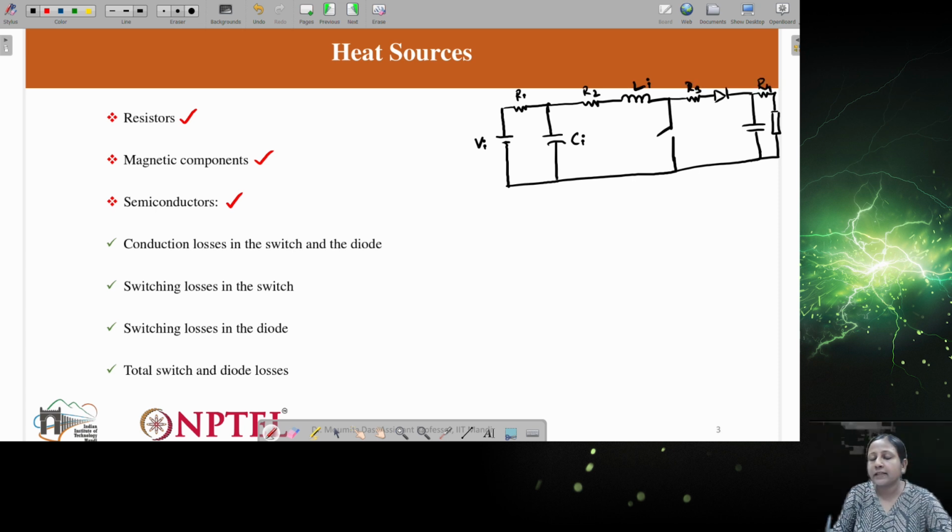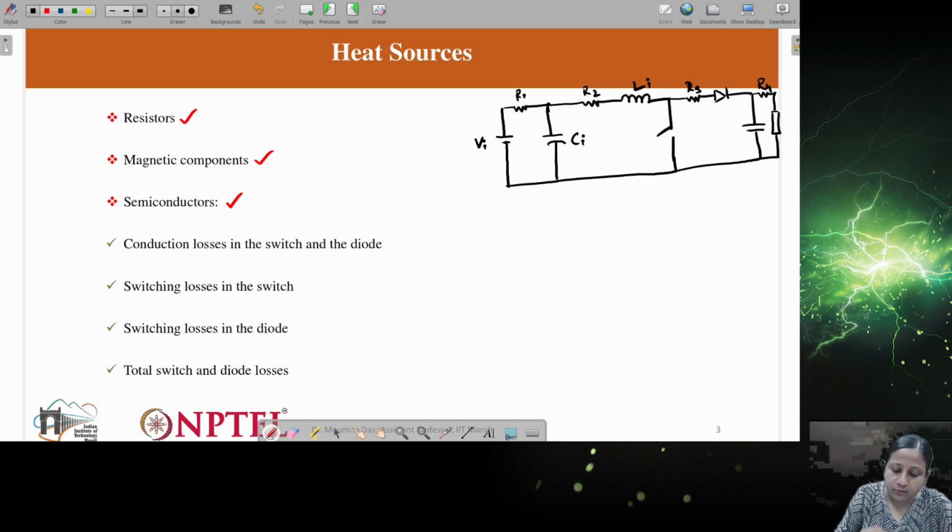So this will be there in each path. I am just showing on the top path, which will also be there at the bottom path. In each branch, these different parasitic resistances will be present, and this will cause loss in the different sections of the converter. And these losses adding together will give the temperature rise in the converter.